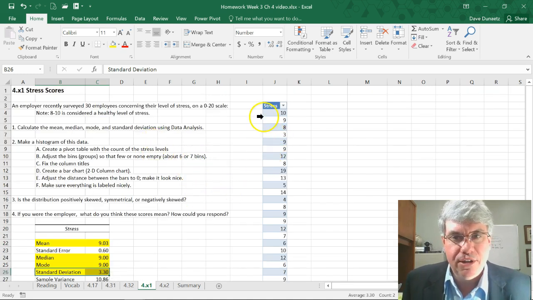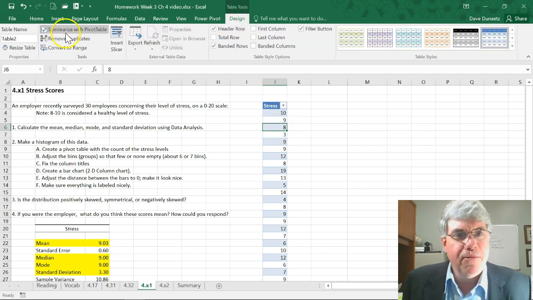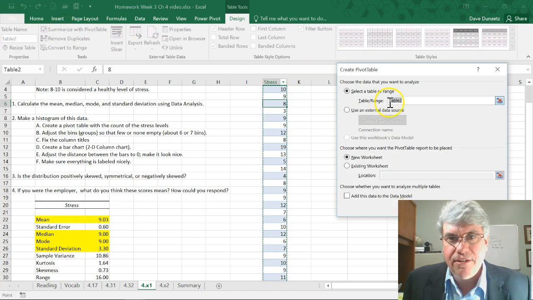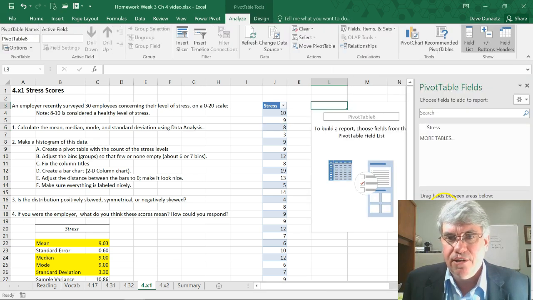Now we need to make a histogram of the data. So the first thing we need to do is we need to make a frequency table. So I click in there, I go into design, and I'm going to summarize it with a pivot table. And it says select table 2. Yep, existing location. Where do I want it? I'm going to put it in the existing location on this cell, click in the location box, and I'm going to click on L3. That's where we'll put this. I click OK,